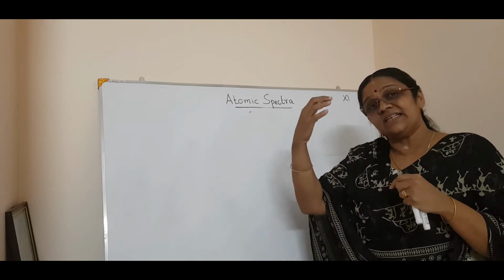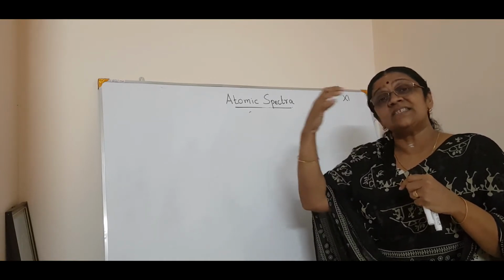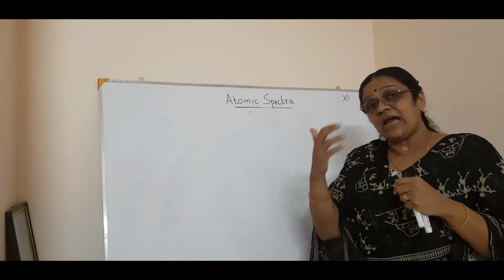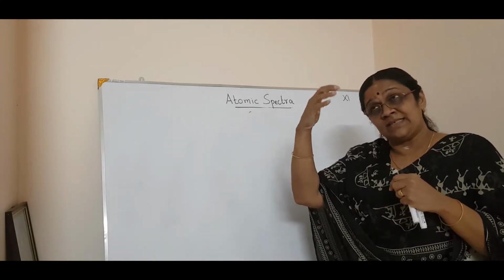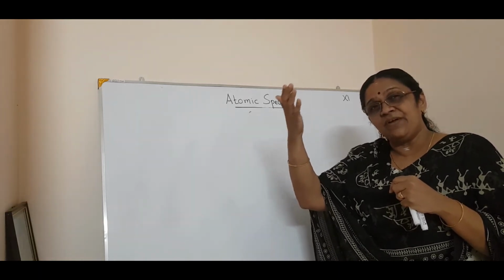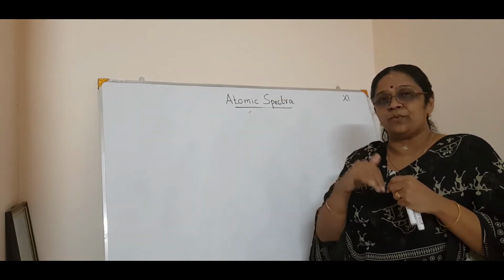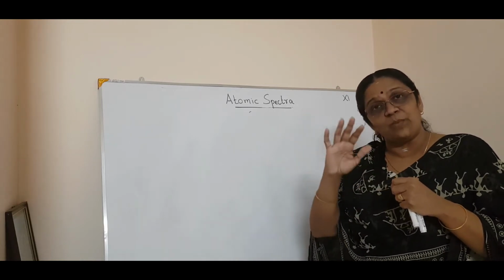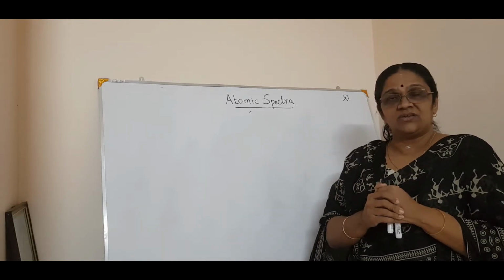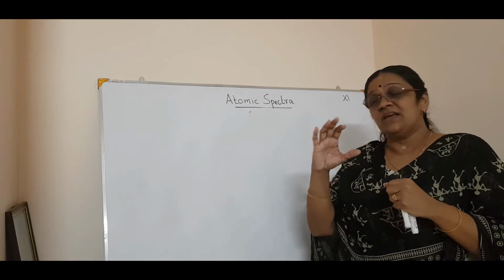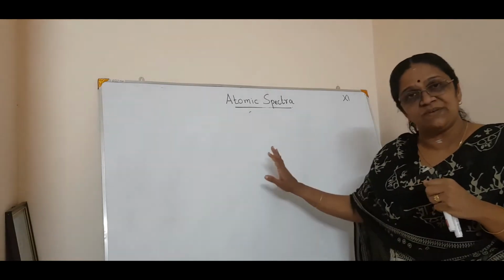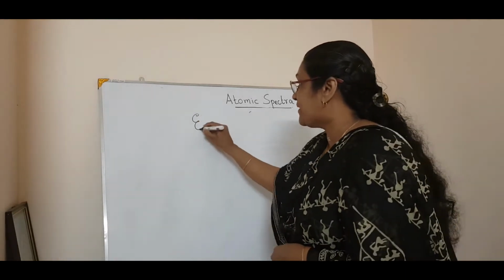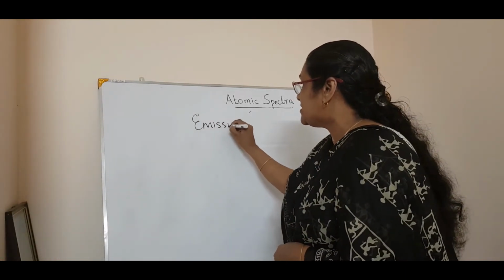And in the higher energy level, what happens? It is unstable in nature, because high energy means less stable. As a result of this instability, it will bounce back to its ground state or its original position by emitting the absorbed radiation. That is the simple concept of absorption and emission spectra, which we will study in detail. Now we will see what the emission spectrum is and what the absorption spectrum is.